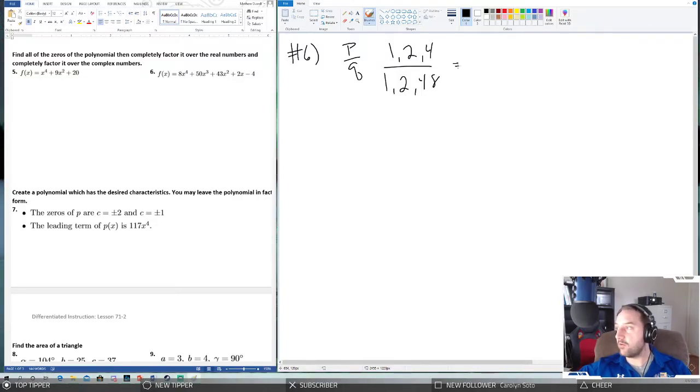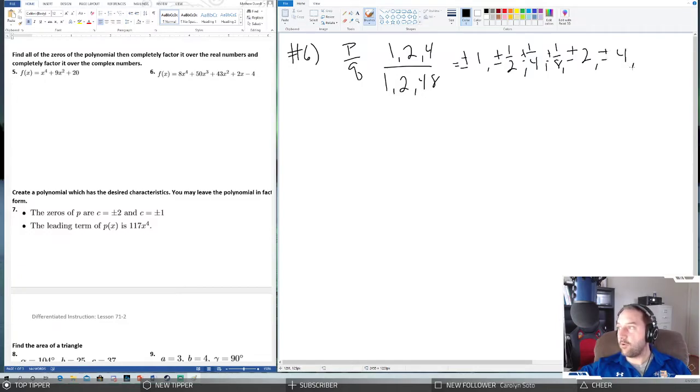So 1 over 1, 1 over 2, 1 over 4, 1 over 8, and then 2 over 1, 2 over 2 is 1, 2 over 4 is 1/2, 2 over 8 is 1/4, so I don't have to repeat them. And then 4 over 1,